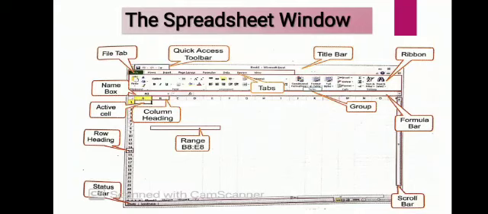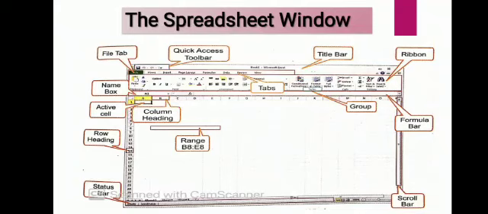Next is the menu bar. The menu bar displays all the menus available for use in Excel 2010. The contents of any menu can be displayed by left clicking on the menu name. Next is the toolbar. Some commands in the menu have pictures, like the paste option, which shows cut, copy and paste. So these pictures or icons are associated with them. These pictures may also appear as a shortcut in the toolbar.